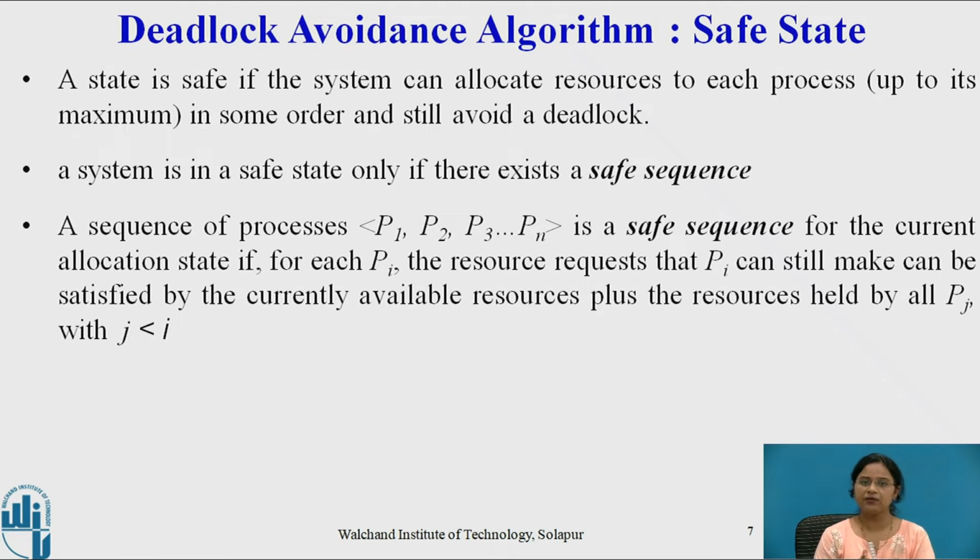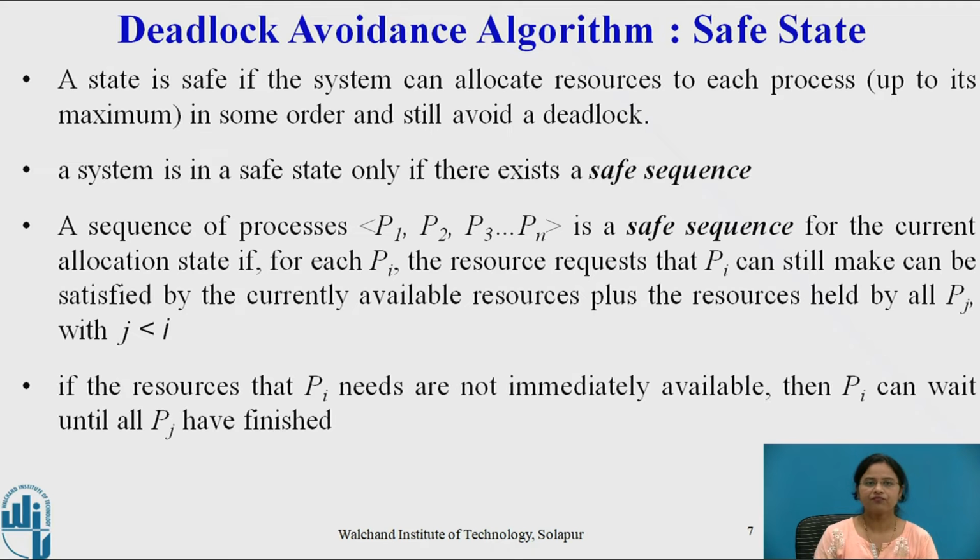Then we can say that P1 and P2 are in safe sequence. Similarly for P3, P1 and P2 already held some resources and still P3 can get the resource from the system, which means it is in safe sequence. So if the resources that Pi needs are not immediately available, then Pi must wait until all Pj have finished,